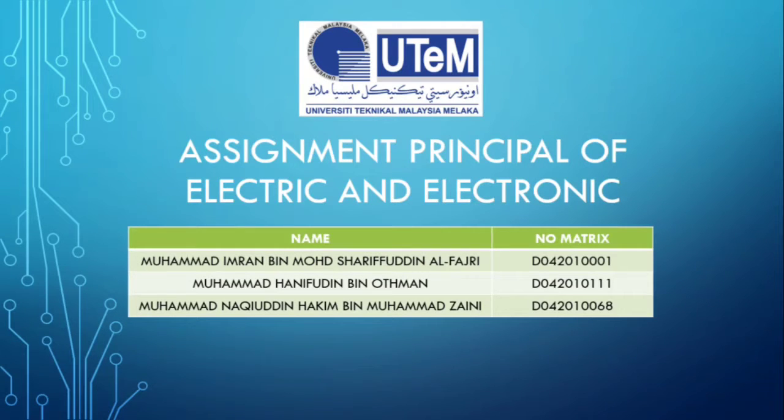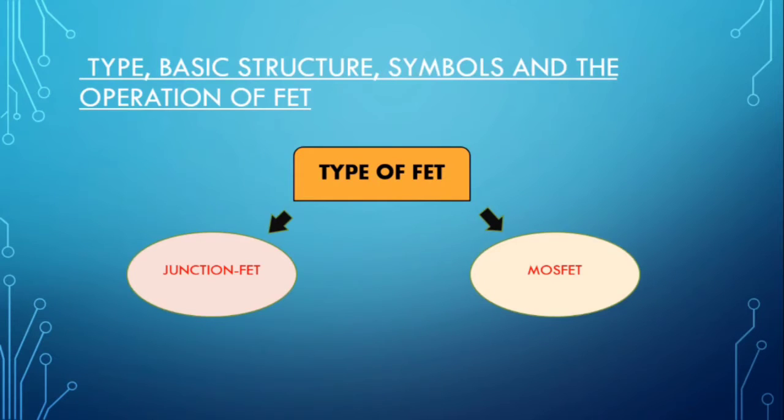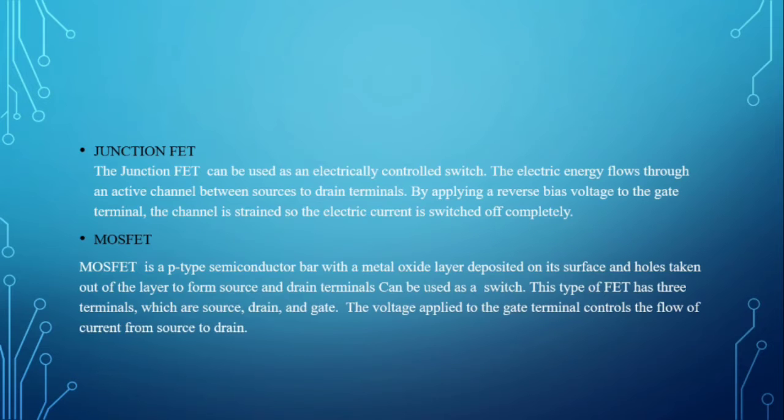The topic is about FETs. There are two types of FET, which are JFET and MOSFET. The JFET can be used as an electric control switch. The electric energy flows through an active channel between source and drain terminals. By applying a reverse bias voltage to the gate terminal, the channel is constricted so the electric current is switched